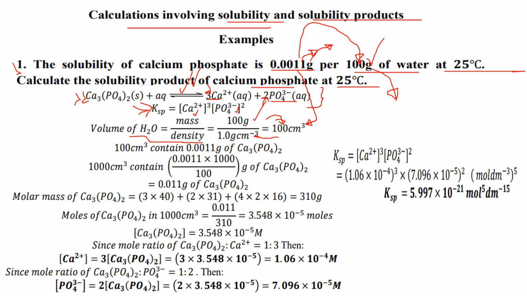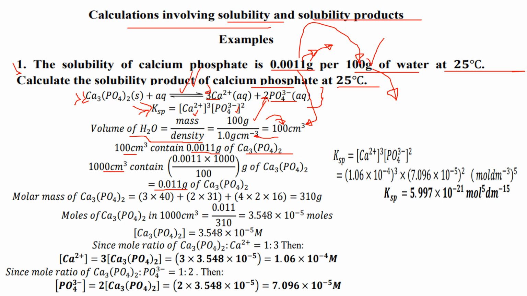Now, since we want it in terms of concentration, then what about 1 liter or 1000 centimeters cubed? So 100 centimeters cubed contains 0.0011 grams of calcium phosphate. Then what about 1000? Because we want it in terms of concentration. Now notice that this mass got is going to be grams per liter. But for us to get concentration it must be in terms of moles per liter. So we find a way of converting the given mass of calcium phosphate, which is present in 1 liter,